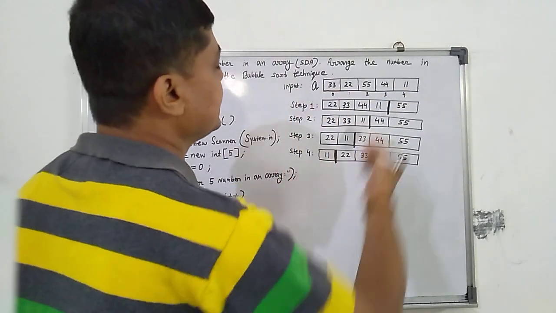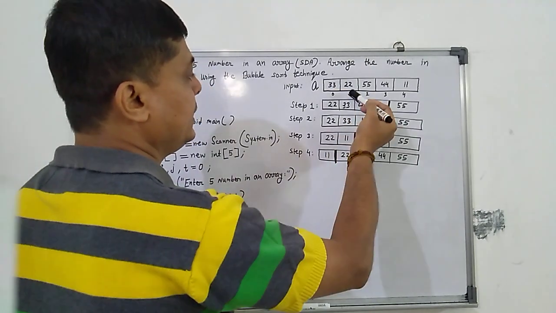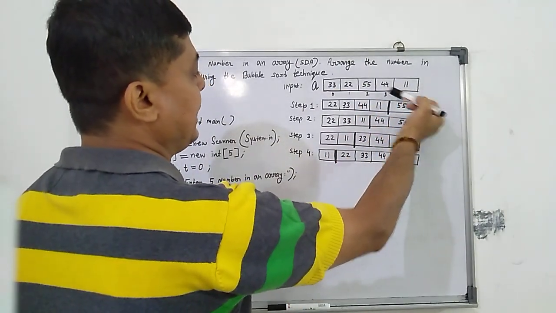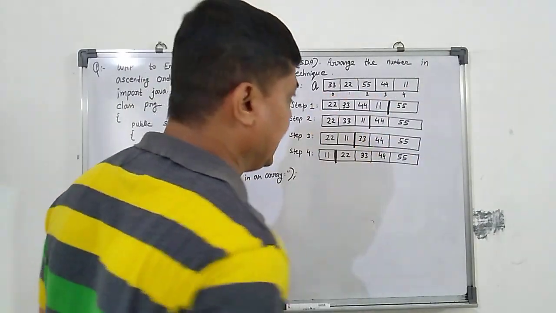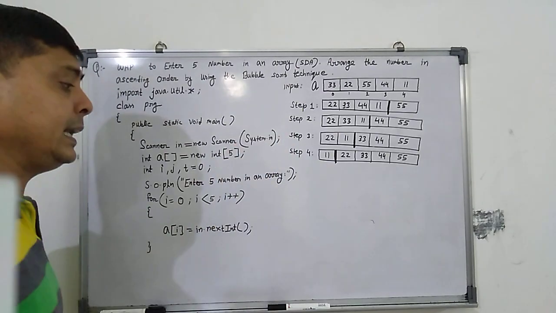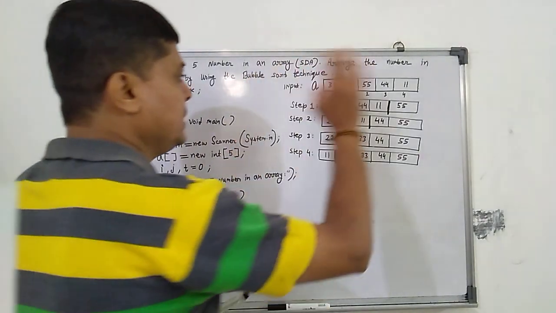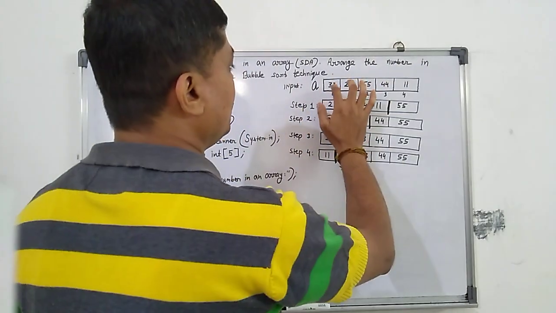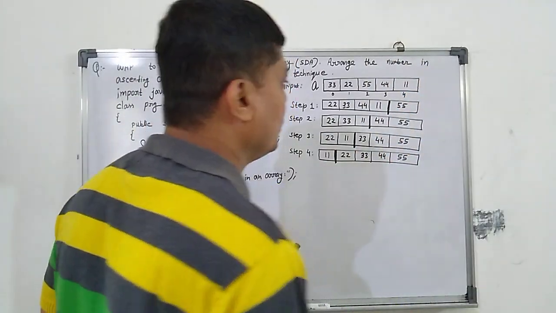You can see the example. Input a: at subscript 0 we store 33, 22, 55, 44, and the last address, array subscript 4, will store 11. These are not arranged. Now we start how to arrange in bubble sort. Bubble sort process, we start the loop. You know very well, if there are 5 numbers, you should arrange only 4 numbers. The 5th number automatically stores in its own place.